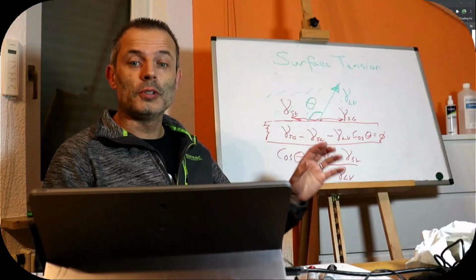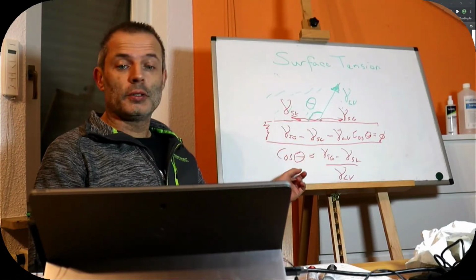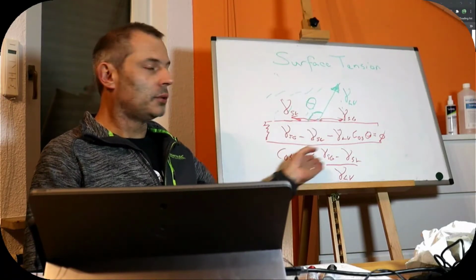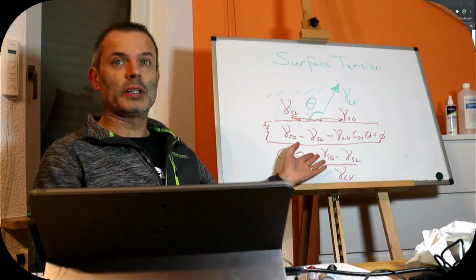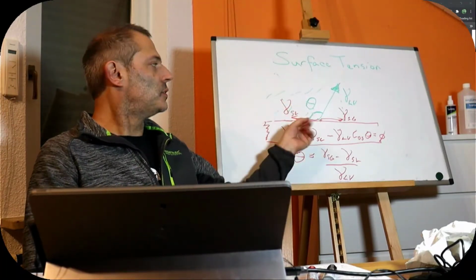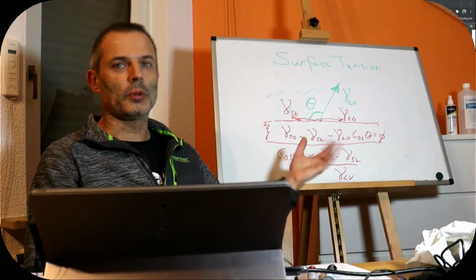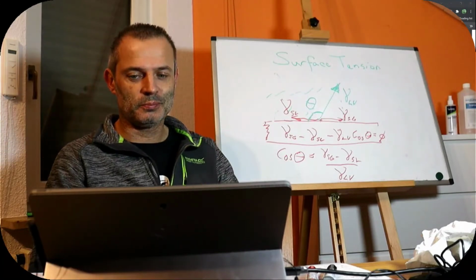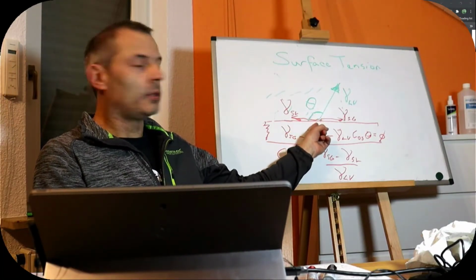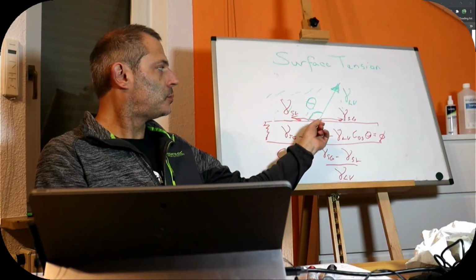So if we resolve that, we get this equation. The cosine of this angle is equal to this simple equation of the surface tensions, but only if we're considering them as forces. So there will be some assumptions. Obviously, the assumption that we've already had is that this point is allowed to move over the surface, but only